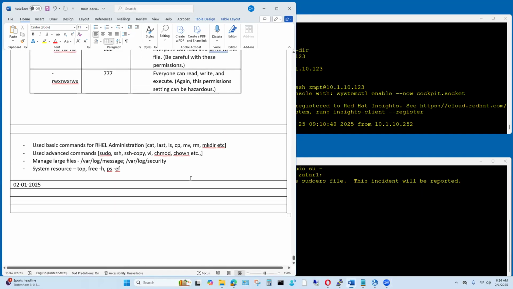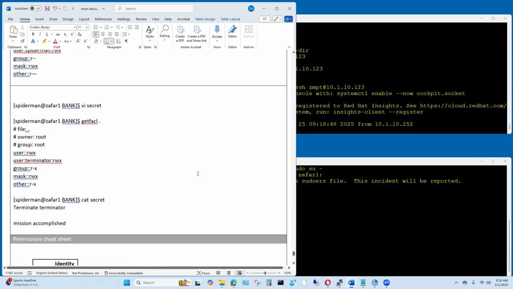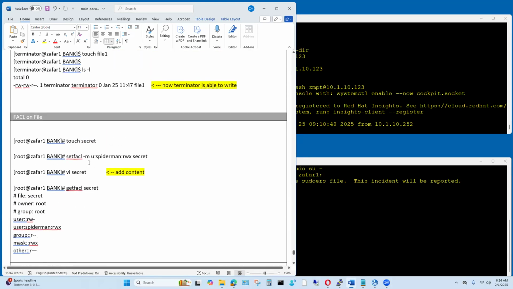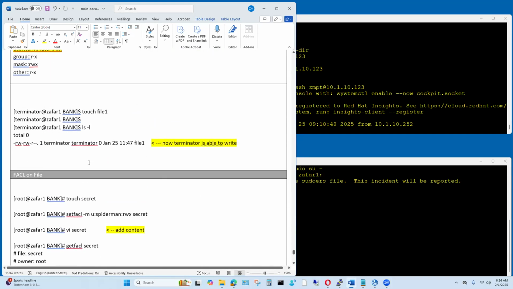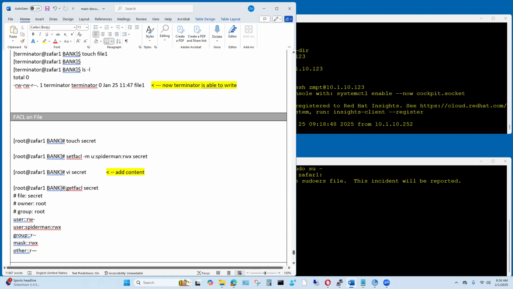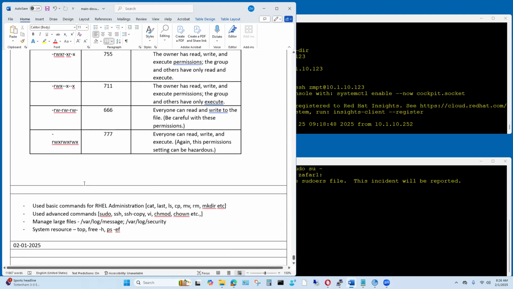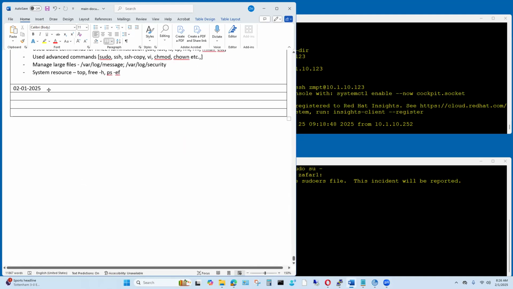So before we left off, we saw the faculties, right? How you could give permissions on a specific file and directory to a specific user, even though that user doesn't explicitly have direct access. Okay, so what we're gonna do is if you just want to remove the access to the user,